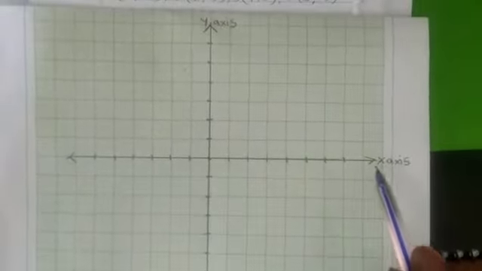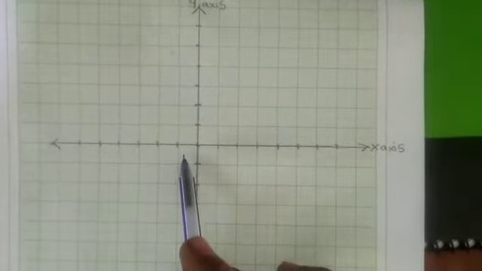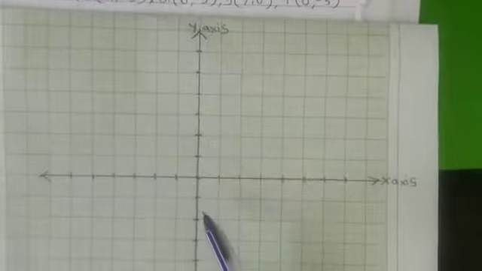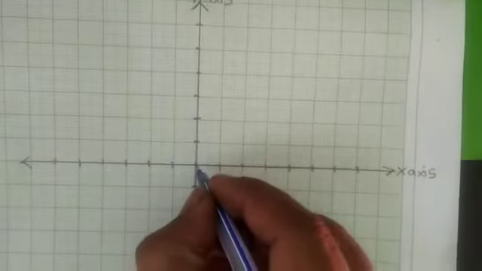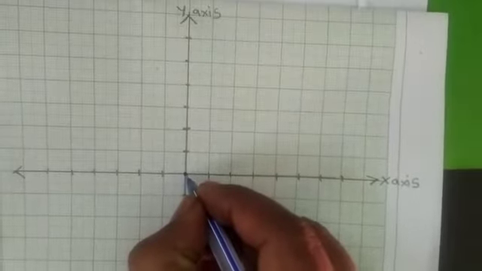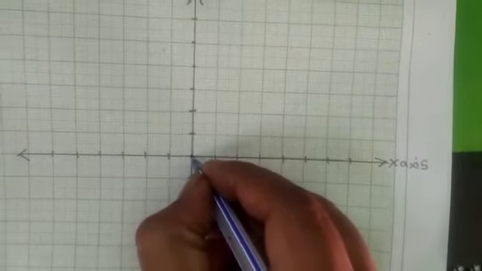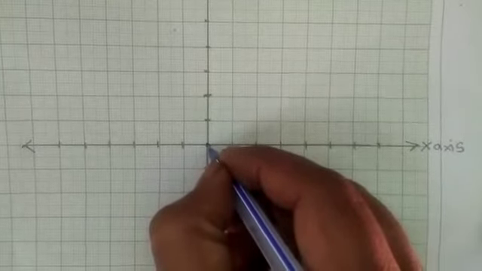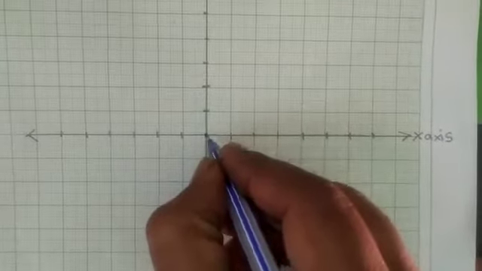See here. This horizontal line is the x-axis and the vertical line is the y-axis. Now this is the intersection of these two axes. This is the starting point, consider it as 0. It is the origin. The coordinate of the origin is (0, 0).